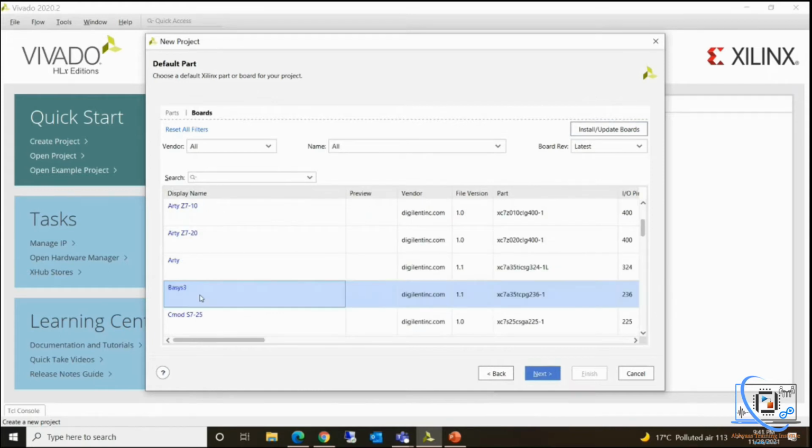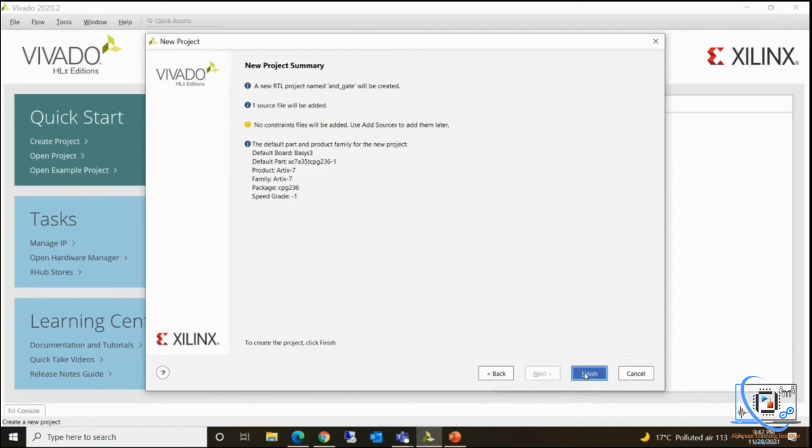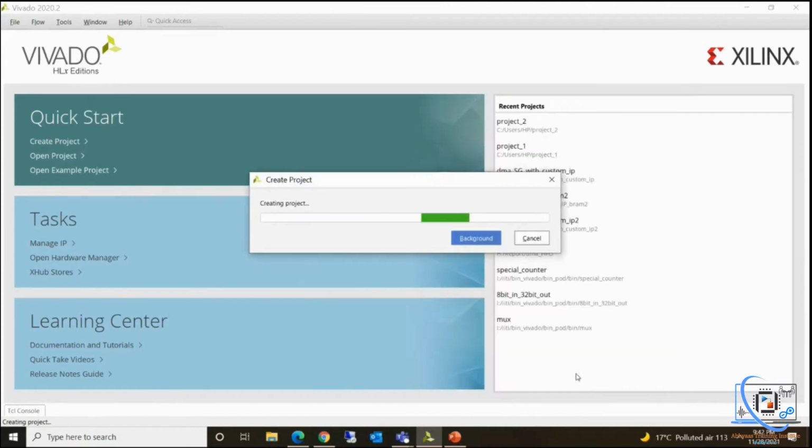So I'm selecting Basys 3. You can select any of the boards that you have and then you can click on next and then finish. It will create a new project for you. And in that it will create a file with the name AND underscore gate.